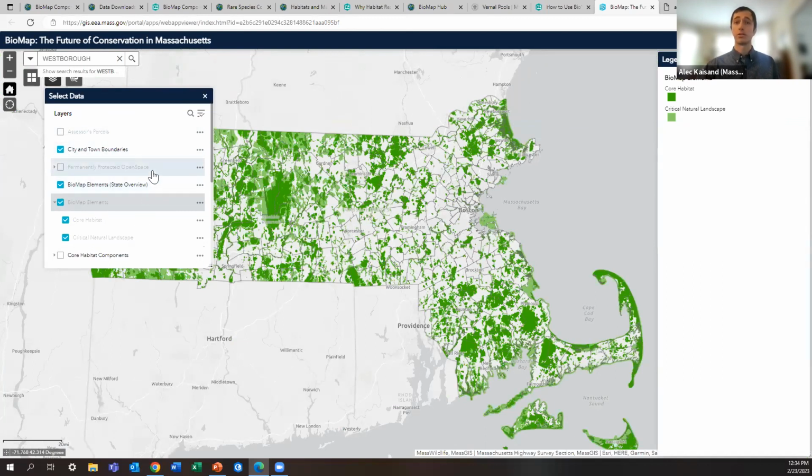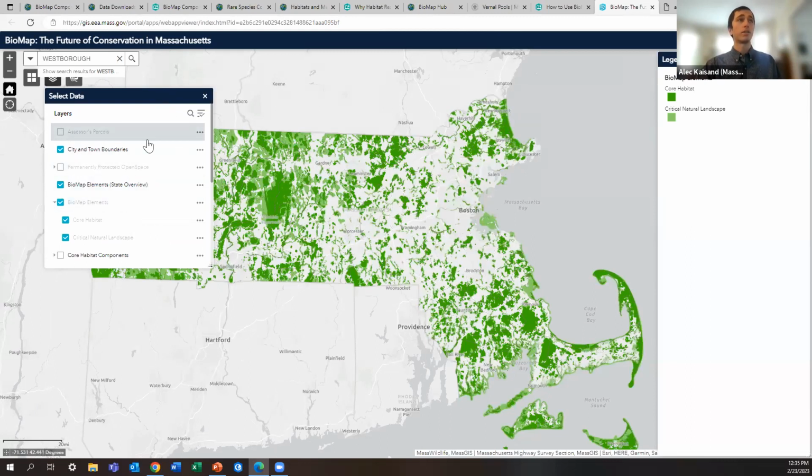That's because the layers are scale dependent. So if something is grayed out and you're not able to see it, make sure you zoom in or zoom out far enough for that to be visible. You can change what that looks like if you wanted to set a different visibility range. You can't change what's already there, but you can make it more or less. If you wanted to only see it really far out, you can change that for yourself here. You can also change the transparency, disable those pop-ups, or change the drawing order if you wanted to move this up or down in the visibility of the map. So you do have some ability to change those things for it.